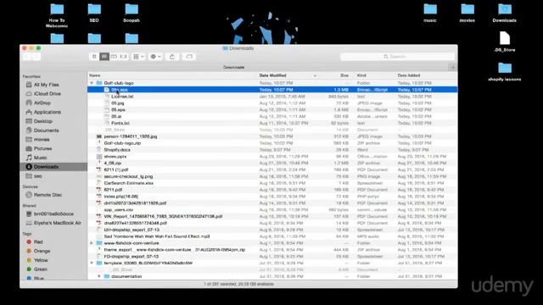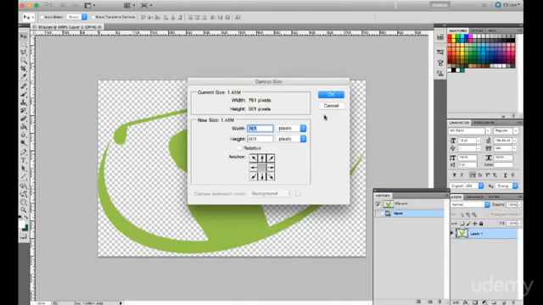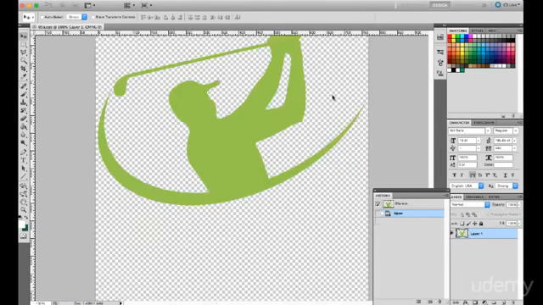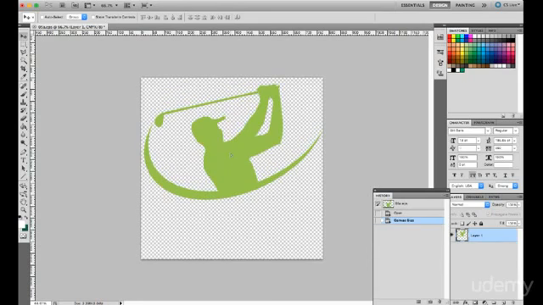Close this, open my EPS in Photoshop. There we go. And you know, I highly recommend learning Photoshop. It does make your job a lot easier, but if it's something that you're just not fit for, then you could actually hire somebody on Fiverr or Source Market that can make a logo for you very, very easily and save you some time. I just happen to know my way around this program pretty well,